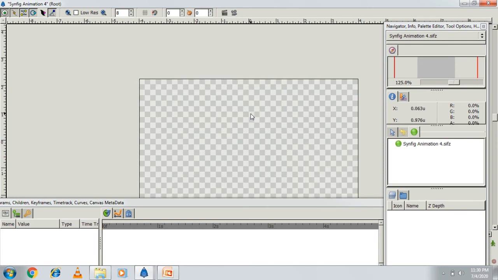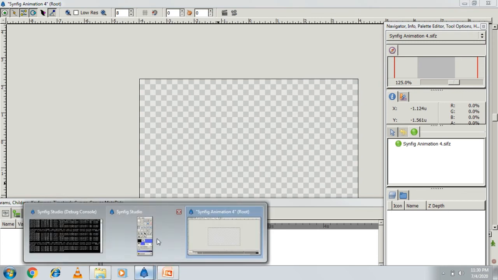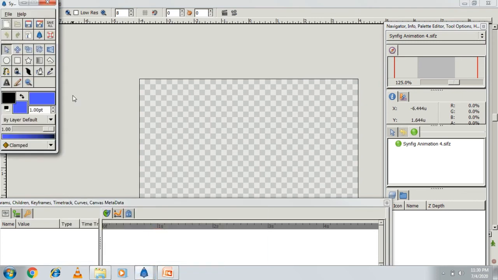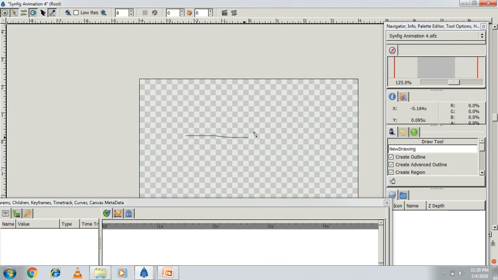Using the draw tool, I draw one more candle here. So this is my draw tool. I click on it and I draw a candle like this, the way you do in Paint.